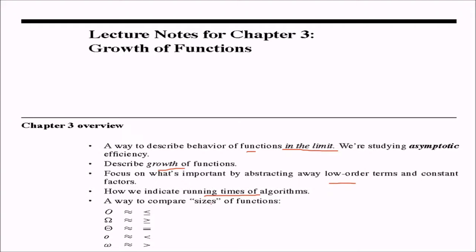This is how we compare sizes of functions. This is big O, this is small o, so this is equal to, less than or equal to, and this is less than. So this is quite tighter. This is omega, and this is also omega. This is greater than or equal to, this is just greater than. And when we talk about is equal to, we say theta notation. So we'll be using order and theta interchangeably.